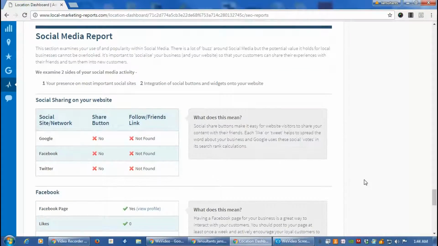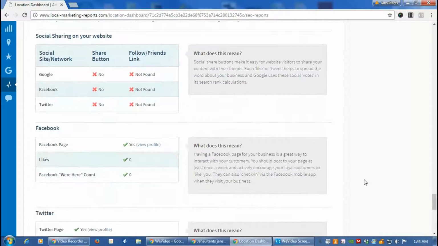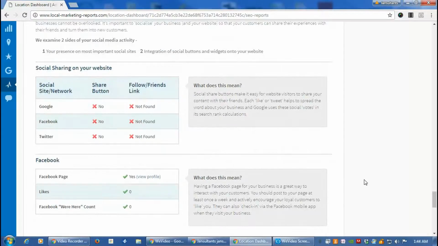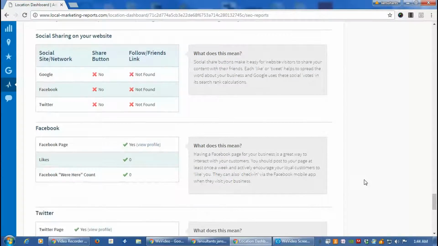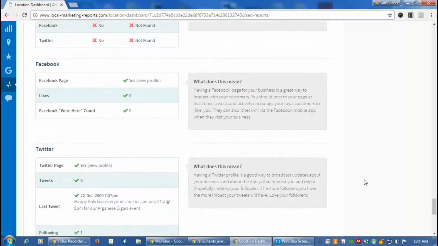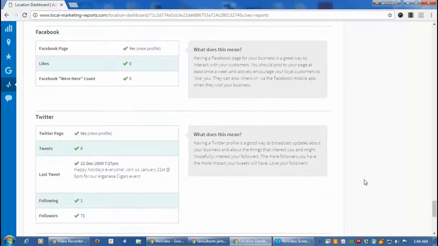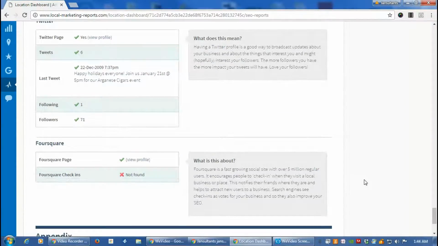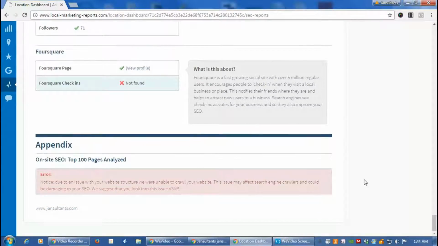And then it goes into social media report. Is Google, Facebook, Twitter, are those social media signals actually embedded into your website? Checks all of those. And then here, up under appendix, it would actually list every single page for the website,